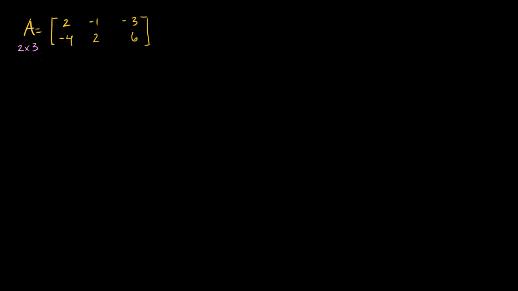I've got this matrix A here. It's a 2 by 3 matrix. And just as a bit of review, let's figure out its null space and its column space. So the null space of A is the set of all vectors x that are a member of, let's see,